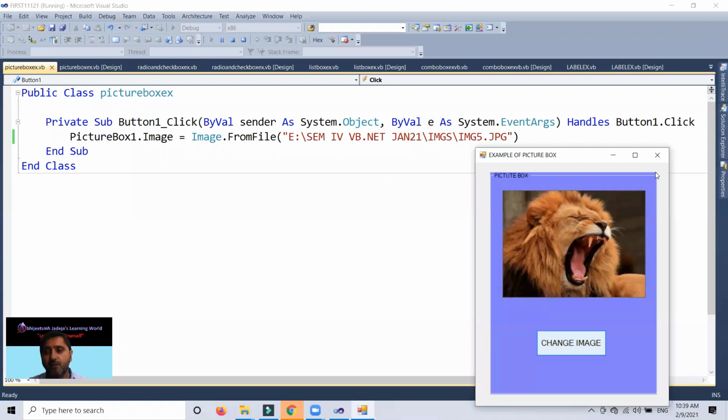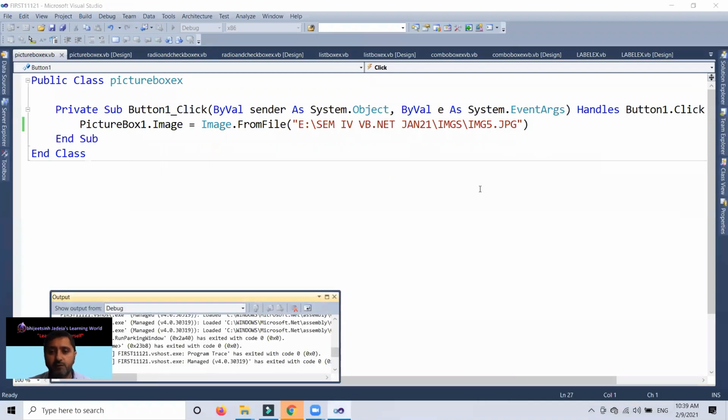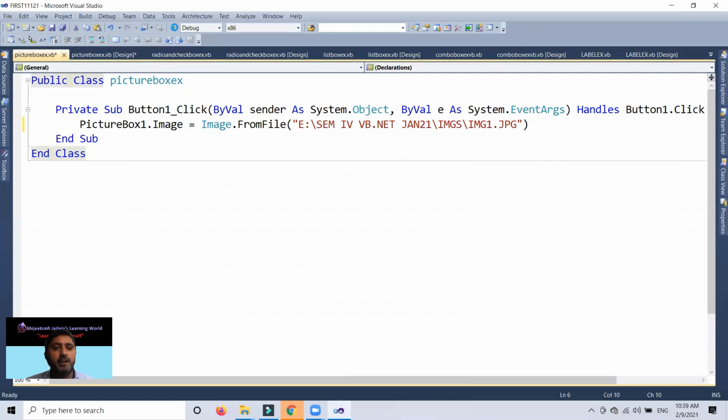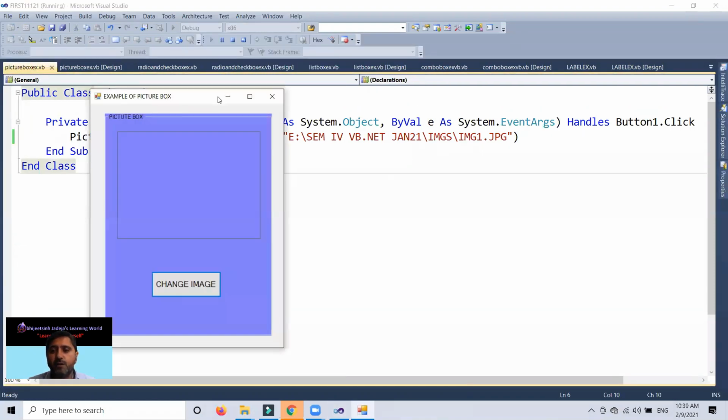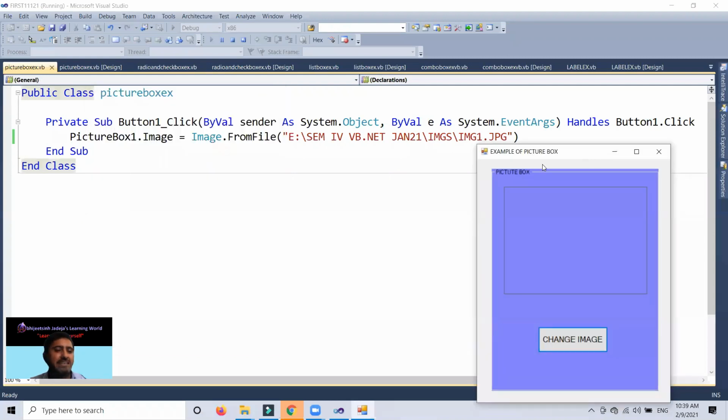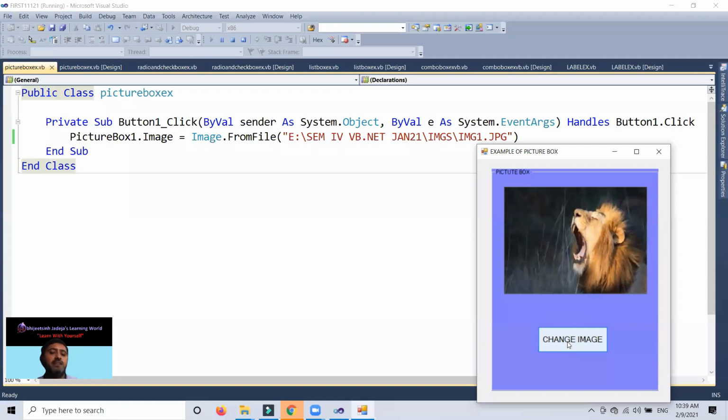that level. Now previously whatever we executed, we were taking image 1, and I run again. So this image 1 will be loaded in my code, and at the backside only a single line of code is there. I click on it and now you can see that the image is accommodated in my picture box horizontally and vertically as per my picture box only. So this is the very nice thing.